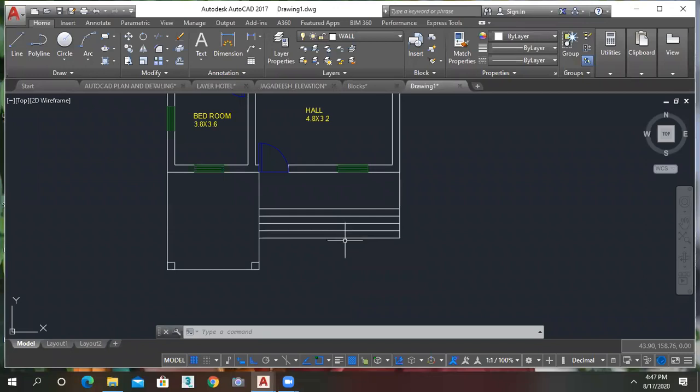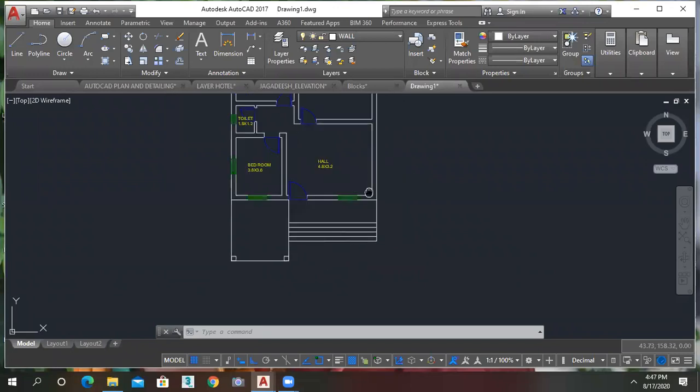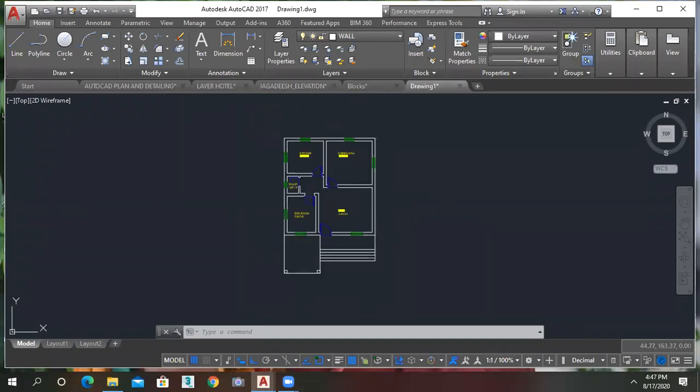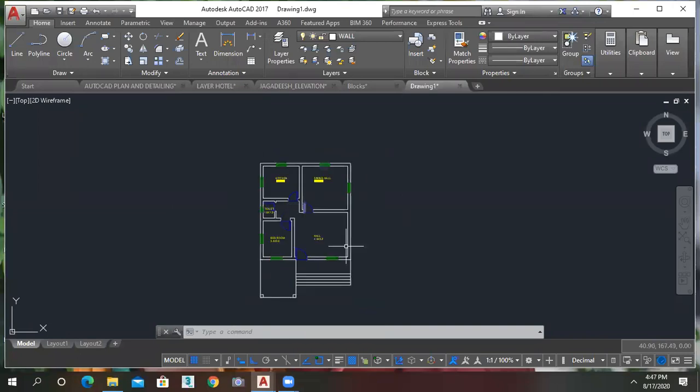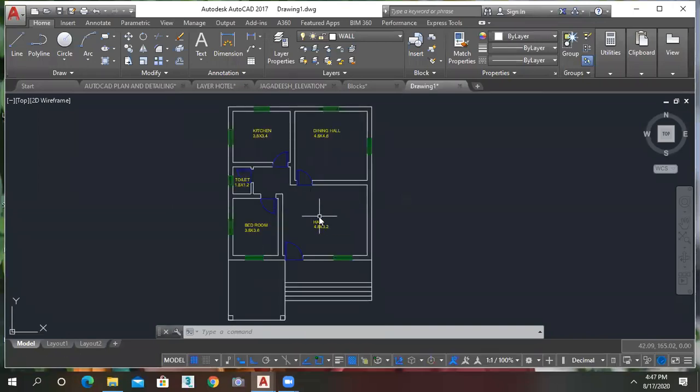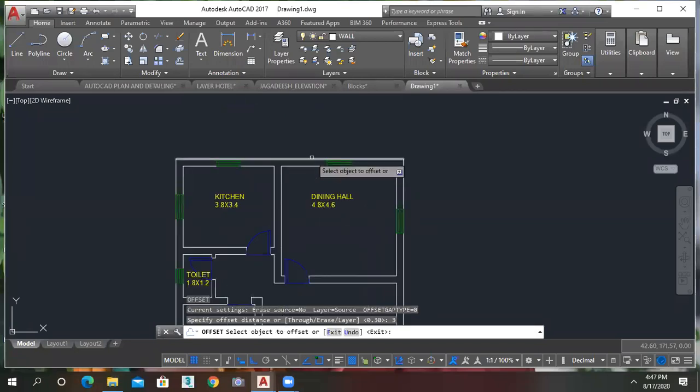Okay. So this is my plan now. If I want to show the compound width and all, it will all be decided depending on what plot size we have actually. Here I will just assume it. I have 3 meter of the compound wall layer.